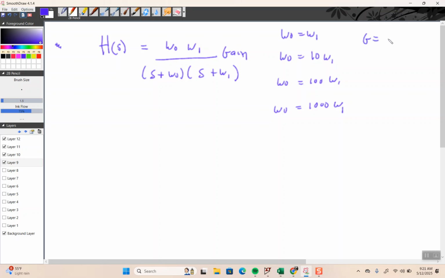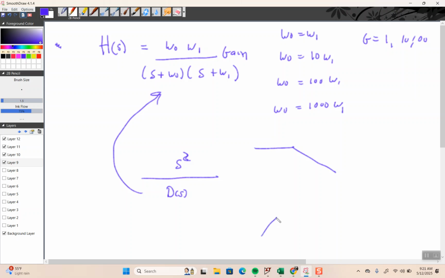And gain is usually 1, 10, and 100. And then for the high pass, it's a similar denominator structure, right? So to be able to use those asymptotes, right, to